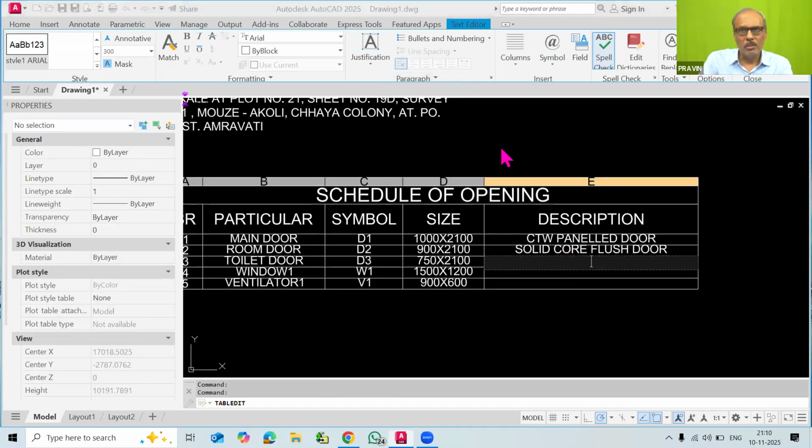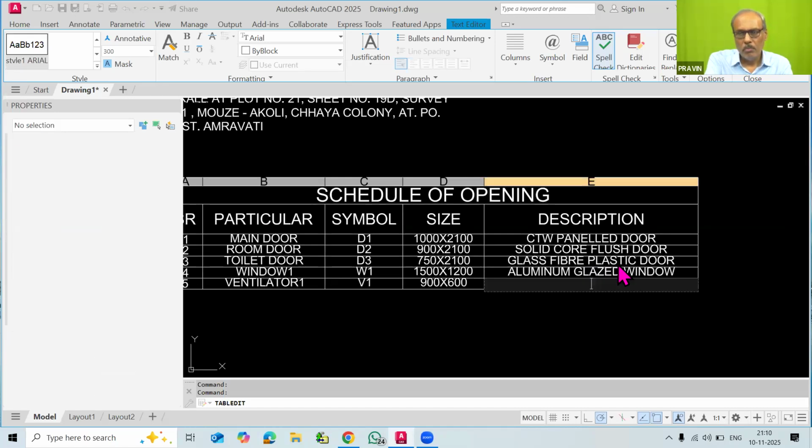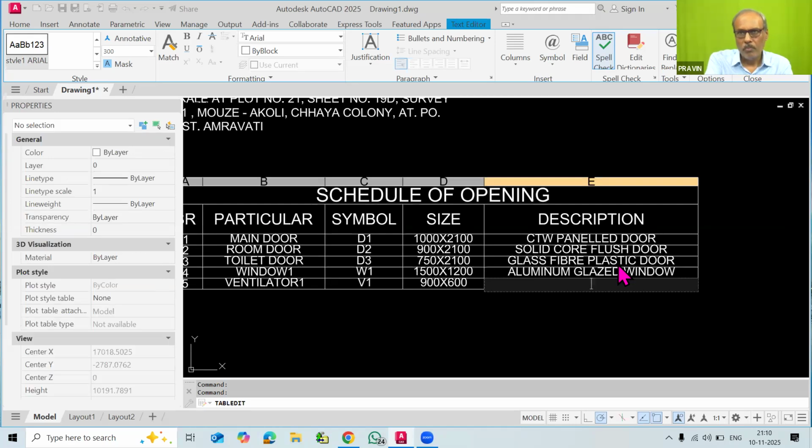So in this way, you can type the description, and then in the toilet, aluminium. All these descriptions you have to remember, as they are part of civil engineering knowledge.